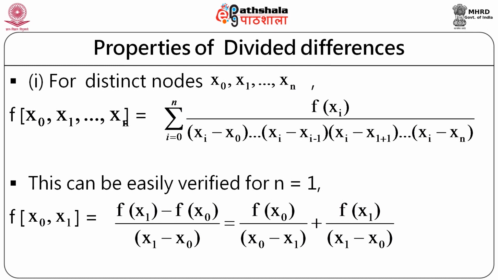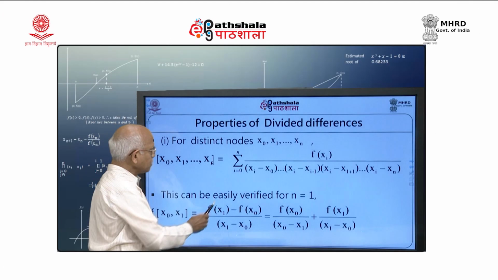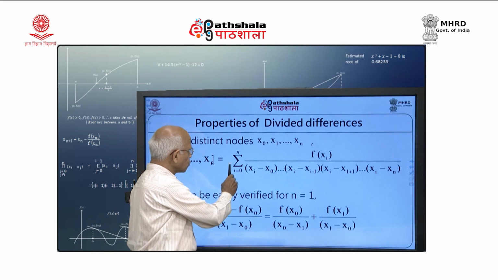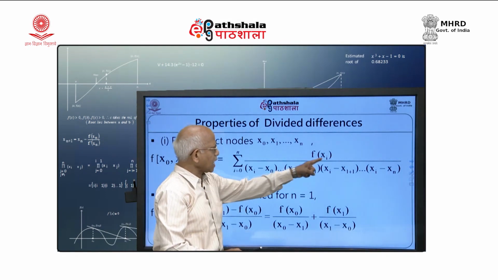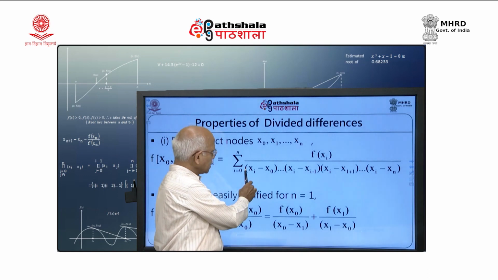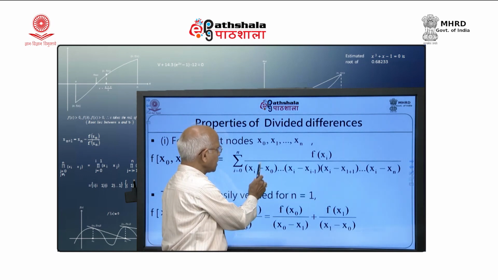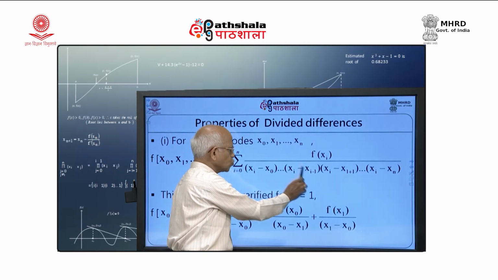So, the first property says that for distinct nodes x 0, x 1, x 2, x 3, up to x n, the divided difference f of x 0, x 1, x 2, x 3, up to x n can be proved to be equal to the summation i equal to 0 to n of f x i divided by this factor. So, what is that? x i minus x 0, x i minus x i minus 1,